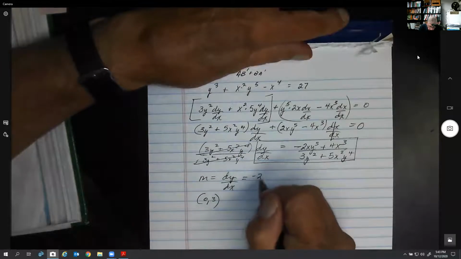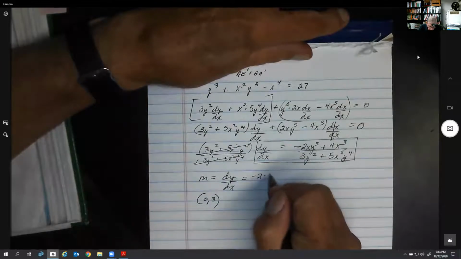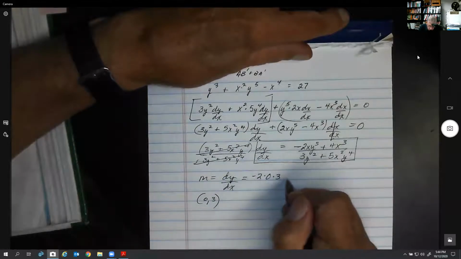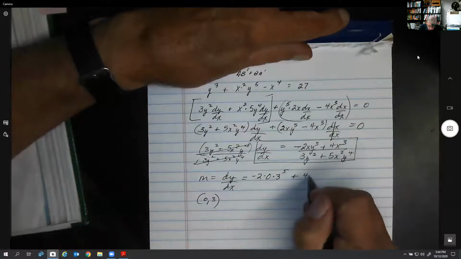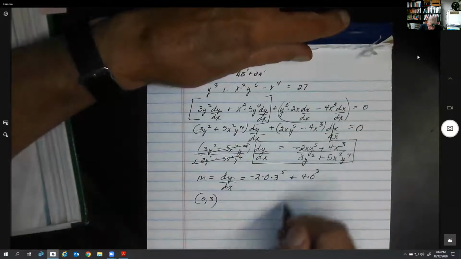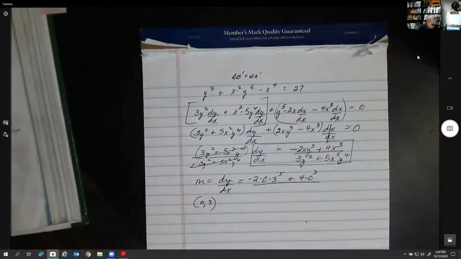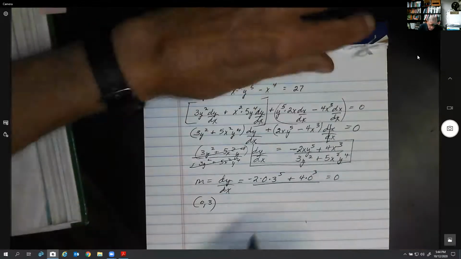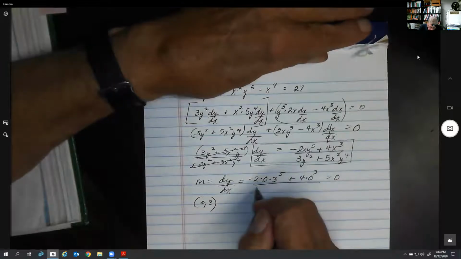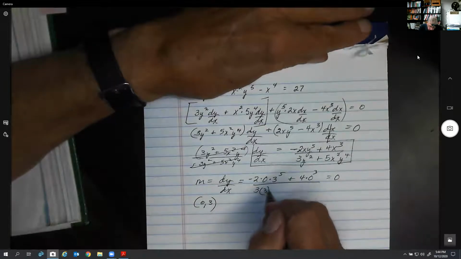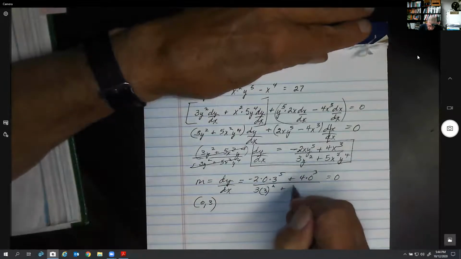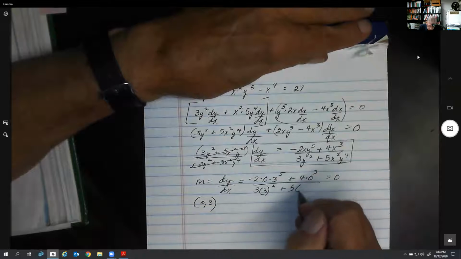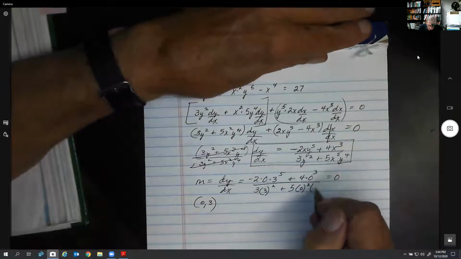So this is negative 2 times 0 times 3 to the fifth plus 4 times 0 to the third. That looks like it's just plain old 0, doesn't it? Okay, on the bottom I have 3 times 3 to the second plus 5 times 0 to the second,